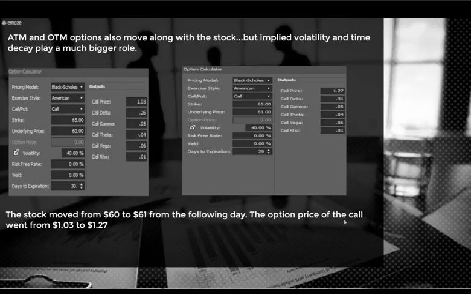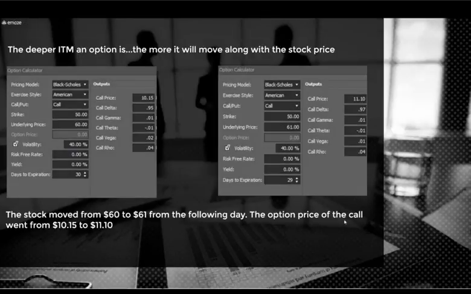We didn't really talk too much about delta, and delta is really the key aspect to an in the money and out of the money option. The call delta on this one is 95, so that's very deep in the money. A stock is going to have a delta of 100, so being at 0.95 is very deep in the money. It's very, very similar to a stock in how it's going to trade.